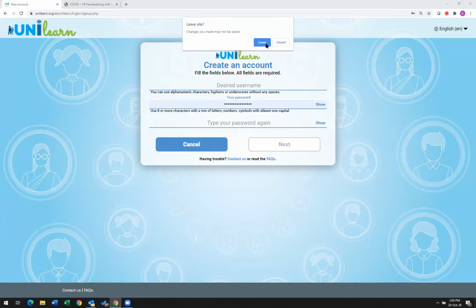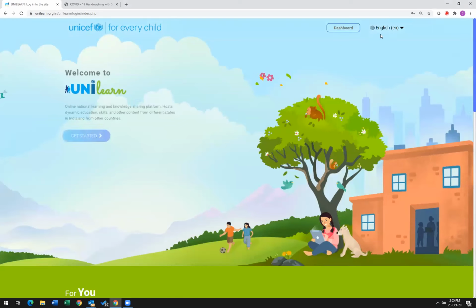Also, we have, one second, I'll just read from here. We currently have the platform in English, with Hindi and Gujarati versions coming up, but that does not mean that we cannot host any other language. Hosting per se, we can host any computer readable language on this particular platform.